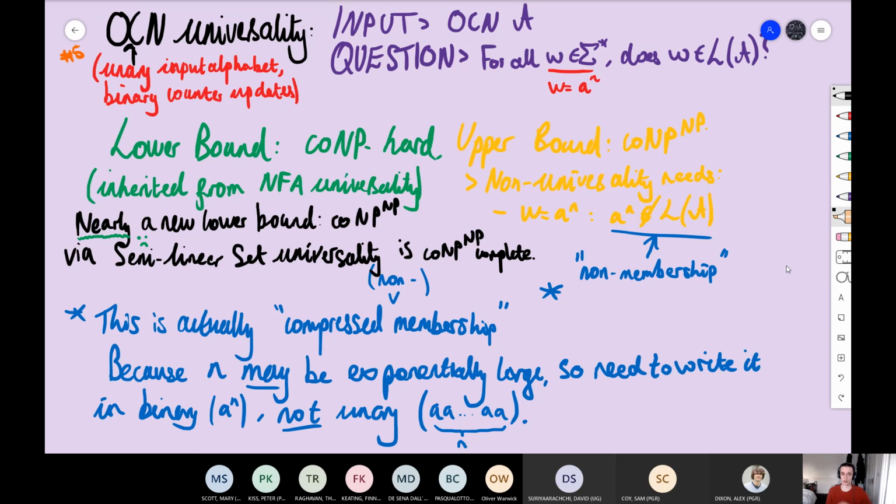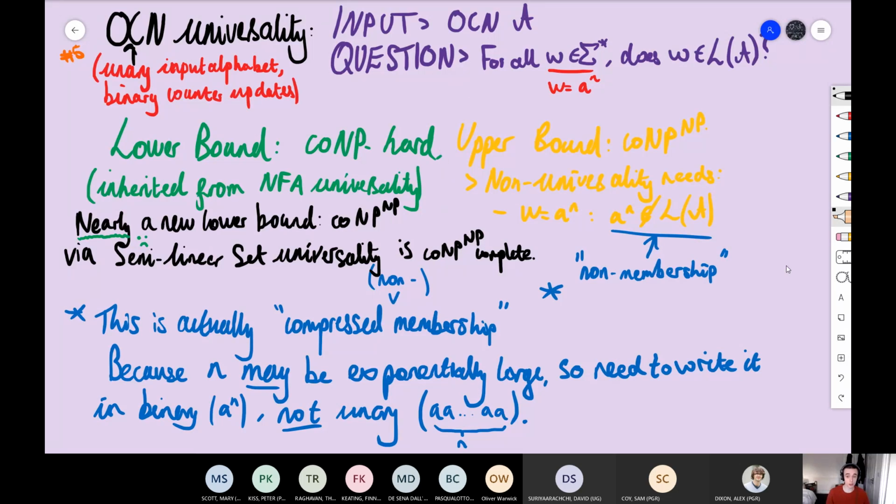I want a polynomial conversion between the two, or maybe even linear, something better. So this problem is kind of tricky, but it immediately appears harder than coNP-hard itself, if that makes any sense, because this machine is just a lot stronger than an NFA. It has a counter, and that counter has the non-negativity constraint. So this thing is already more powerful. So it feels like, is it in the middle?